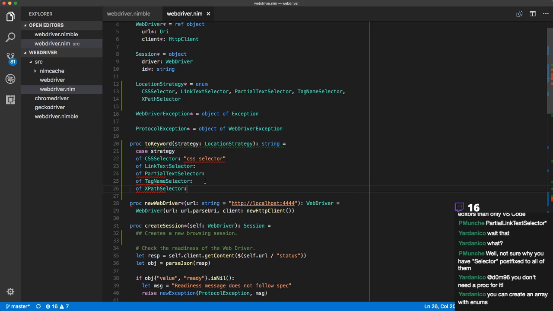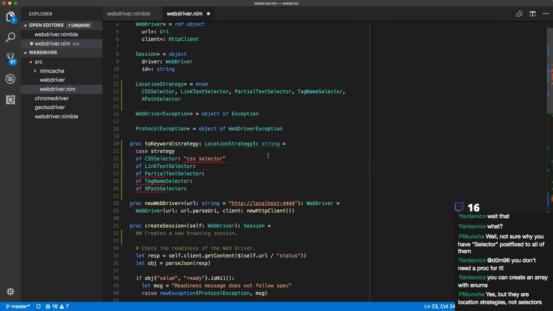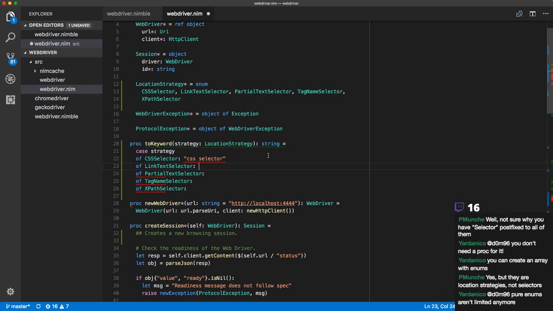The reason I have selector postfix to all of them is because I'm not going to make this enum a pure enum, so you'll just be able to write CSS selector without any prefix, and I think writing CSS would just be a bit, I mean, I don't know. I think CSS selector just seems better. And yeah, I know I can do an array. I suppose. I mean, a case statement is just